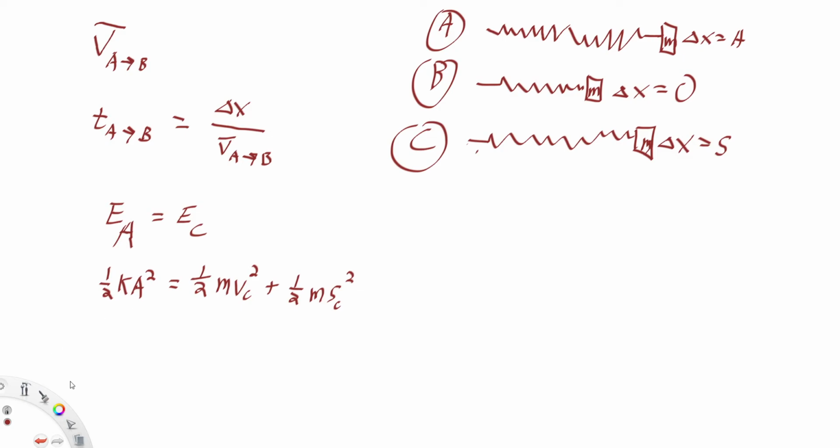Okay. Let's cross off all the halves. And we can write down VC squared is equal to KA squared minus KS squared over M. Which again is going to give us omega squared A squared